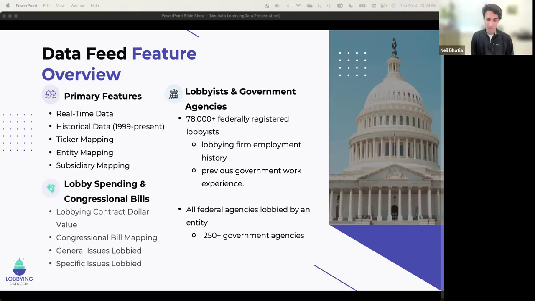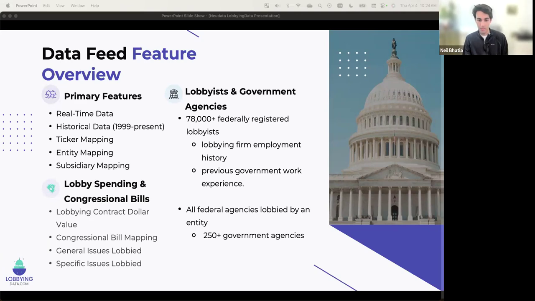Yeah, so subsidiary mapping is a feature that we came up with relatively recently out of a need to capture companies like Dairy Queen, which are owned by Berkshire, to capture that in the lobbying to get that ticker symbol. So every single contract that we have in our data set is matched to a ticker symbol and CIK code if available. And the most difficult thing, I'm not sure if there's a service for this, but we might be launching it as an API because it's been so popular.